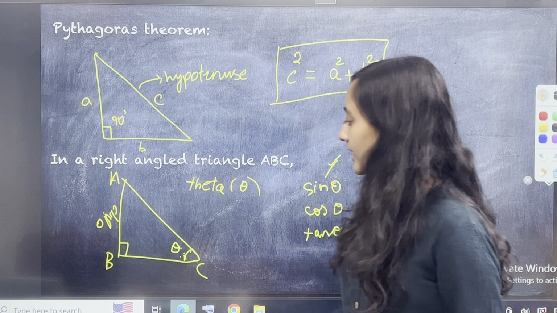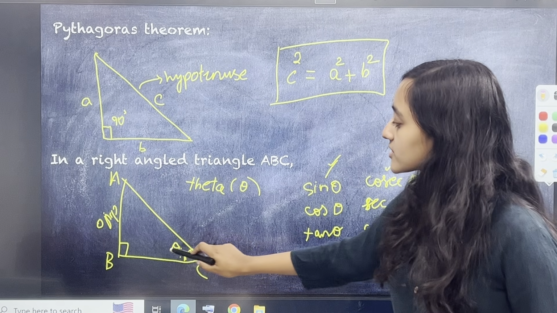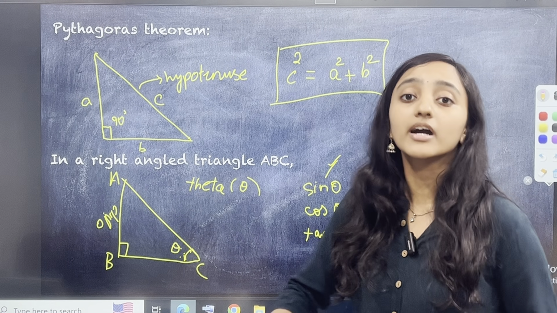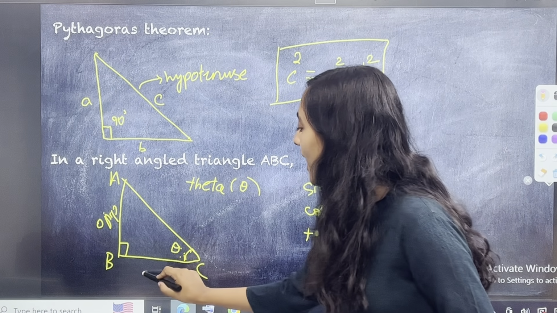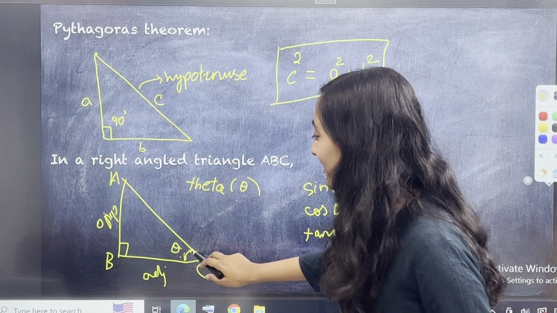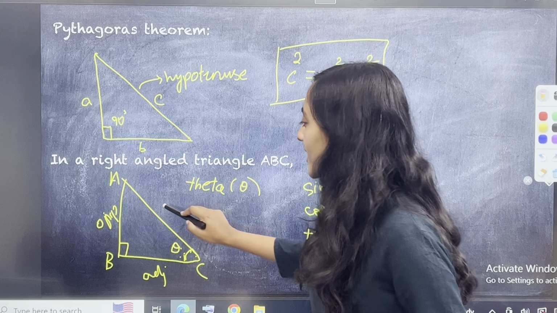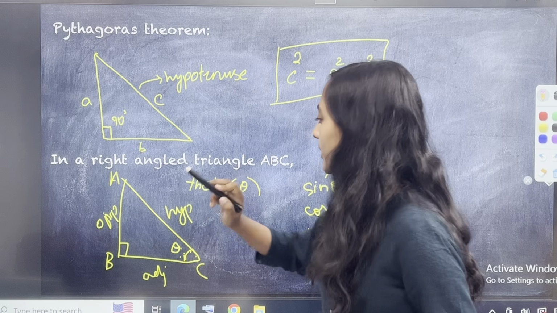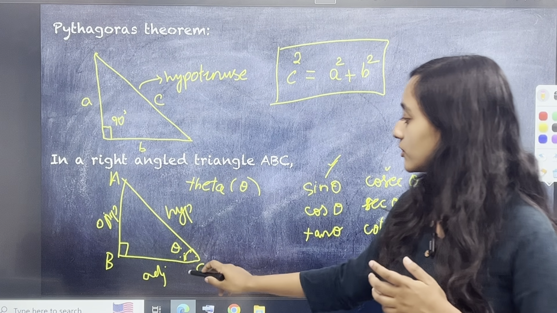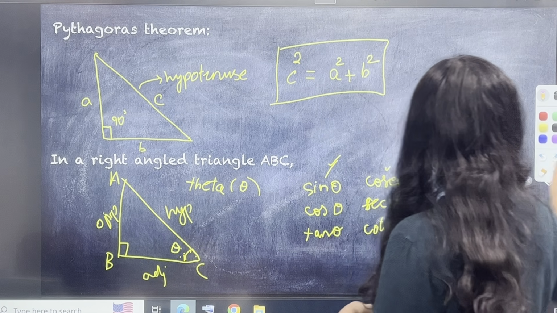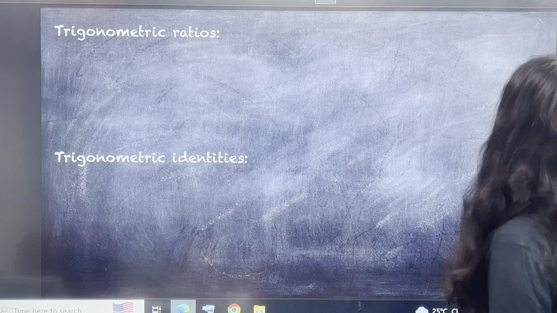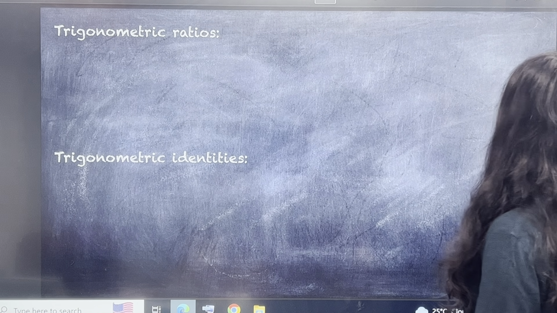Okay. Then this is theta. The side which is next to it is called the adjacent side. Adjacent, what does adjacent mean? Beside, next to. So this is the adjacent side. Probably baju is a more Hyderabadi word, I don't know. So this is the adjacent side, this is the opposite side, and this is your hypotenuse, as you all very well know. Because you're going to be using this terminology, I'm telling you that this is the adjacent side, this is the opposite side. Now let us go on to the rest. So we will be looking at each of these trigonometric ratios.